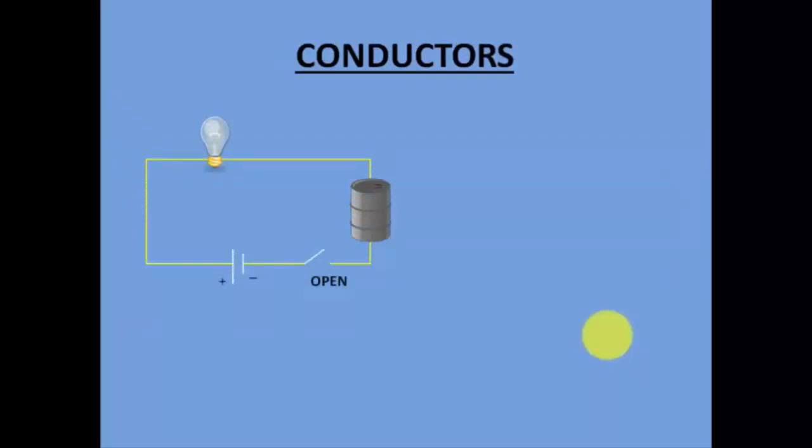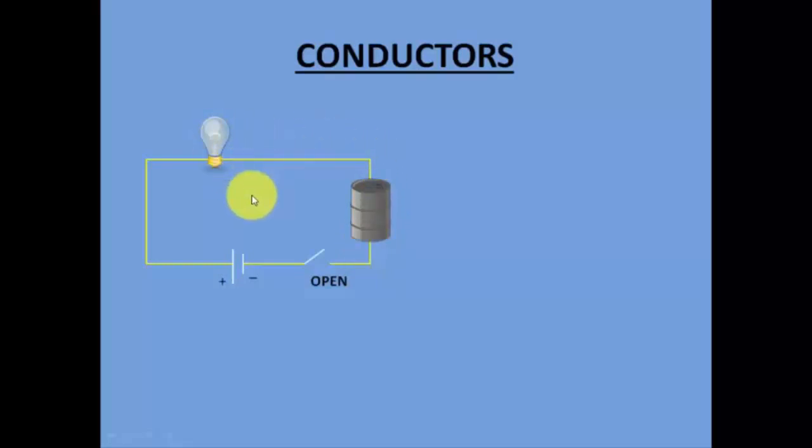So let's first talk about conductors. You have already seen a similar simple circuit in the previous video, wherein we explained that when the circuit is open, the electricity doesn't pass and the electrons don't flow, and that's how the bulb will not glow. But whenever this key is closed, the circuit gets complete and the negatively charged particles will start flowing, and that's how the bulb will glow.